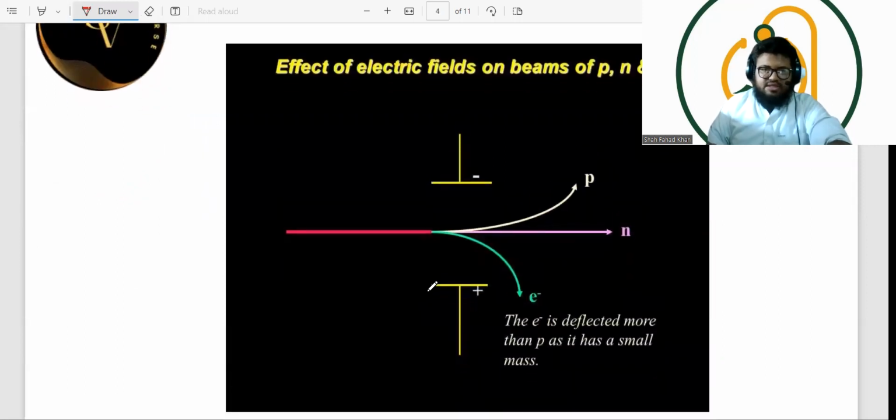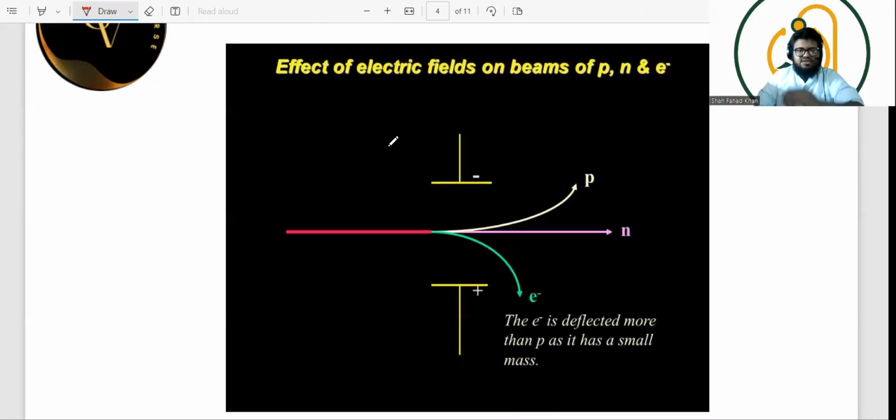Okay, guys, so you can see this electron beam right over here. Let me just shrink this a bit. Yes, this is the electron beam. In this electron beam, now protons, neutrons, and electrons, a mixture of all three, is incident towards this electric field. The upper plate is negatively charged, the lower plate is positively charged. Now, as these three beams try to enter the field, the neutrons, which are neutral, will be unaffected by the field because they don't have any charge, so no electrical force would act on them and neutrons